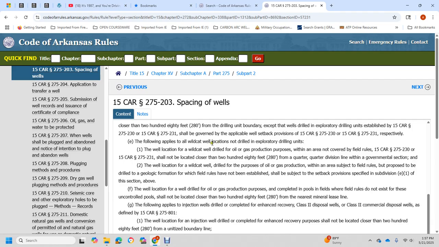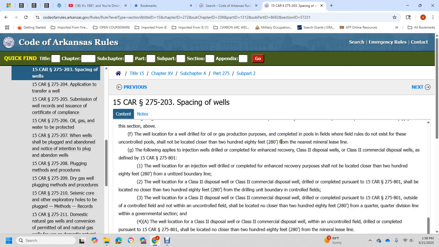Well location: a wildcat well drilled for oil and gas production purposes in an area not covered by the rules of Title 15 Code of Arkansas Rule 275-230 or 231 shall not be located closer than 280 feet to a quarter division line of the governmental section. A wildcat well drilled for the purpose of oil and gas production, subject to the field rules proposed with the geographical location and geological formation, with field rules to be established, is subject to the setback provisions specified in subdivision E1 of this section. The well location when the well is drilled as a gas producer that was completed in the pools or fields